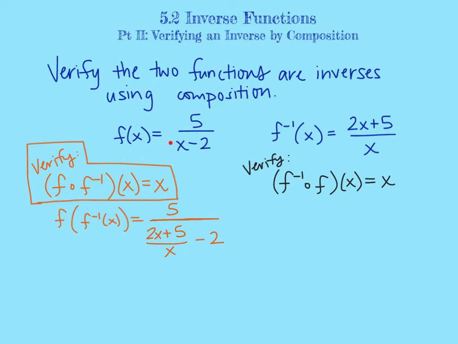So again, I wrote out this function, but replaced x with f inverse of x. Now, in our denominator here, we have one term that's a fraction and one term that's not. So what we want to do is actually get a common denominator, so we can have this as one fraction in the denominator. So our common denominator should be x, so we want to make this 2 a fraction with x in the denominator. In order to do that, what we need to do is multiply both the numerator and